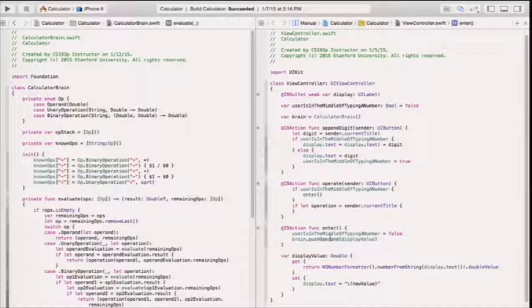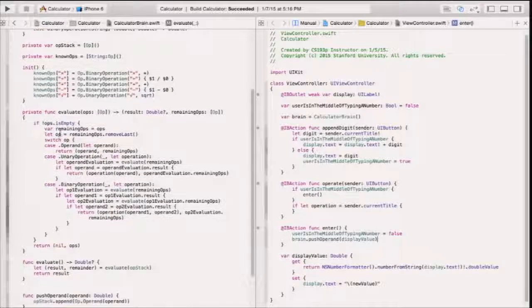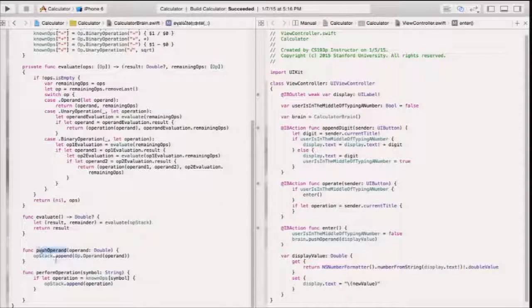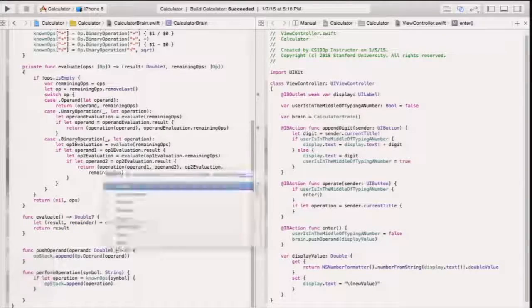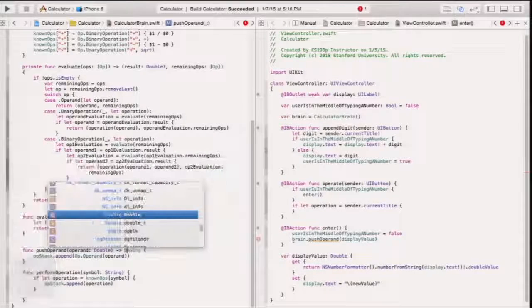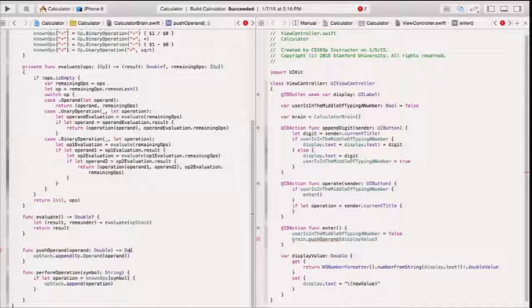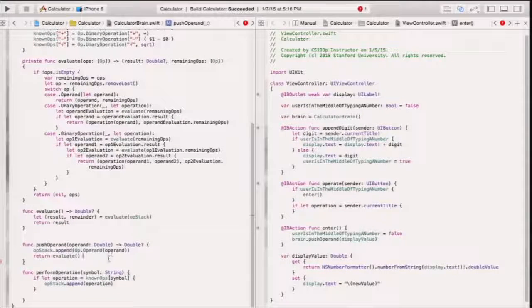One thing though is I also need to update my display because when I push this operand, that's going to change the brain. I need to call that evaluate, right? and get the value. So I could call evaluate here, but actually I'm going to go back to my brain, and I'm going to change push operand to return the result of evaluating internally. So I'm going to return evaluate here, so that every time you push an operand, it'll just return the